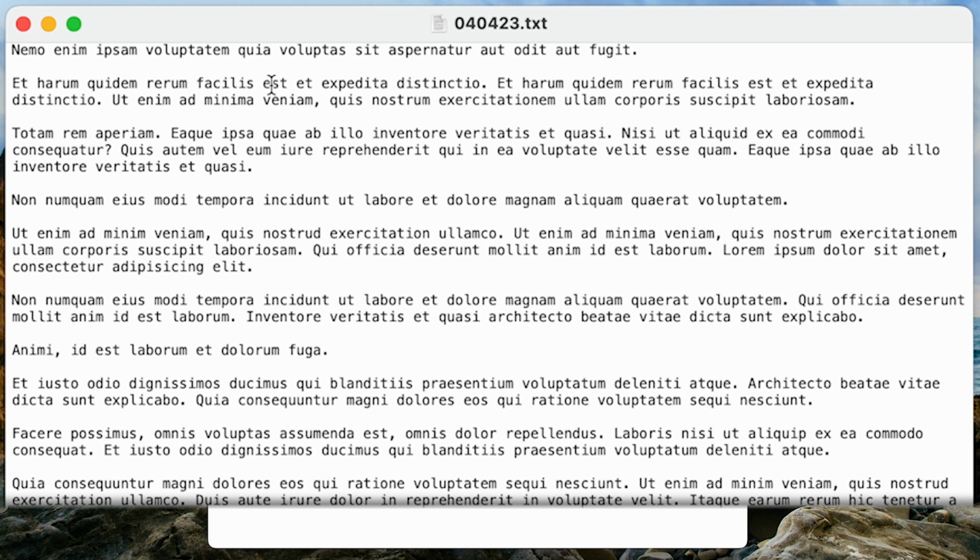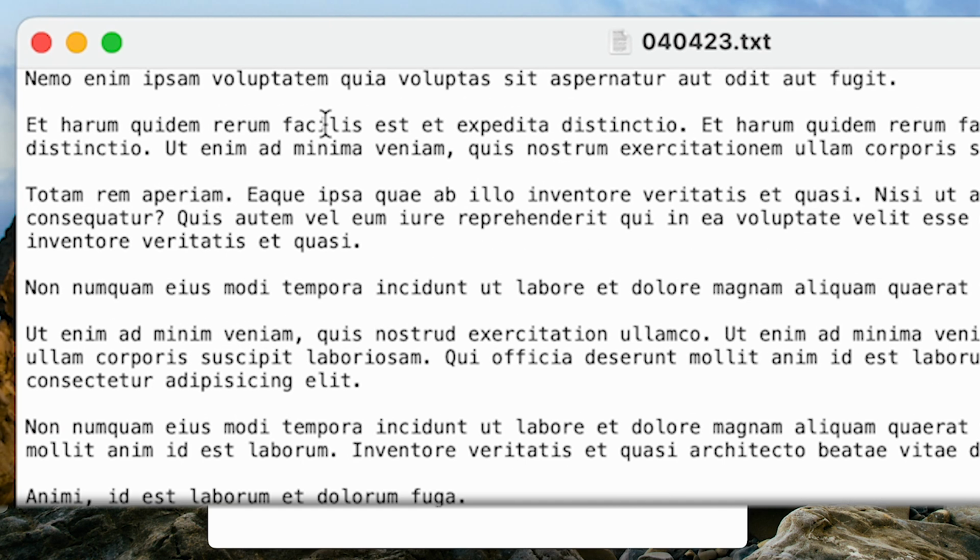That means is. Est et, and is et. Okay. Anyway, point is, I want to get to est. So I will not hold down Command, but instead hold down Option. Option right arrow is going to move the cursor to the beginning, or to the end rather, of the next